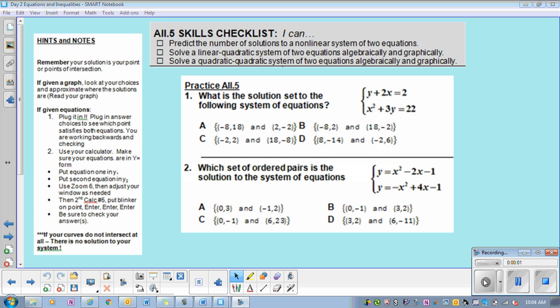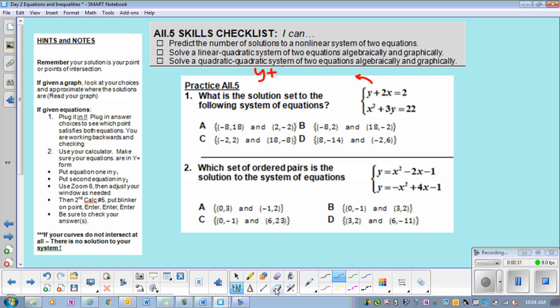We're looking at the systems problems on the back of the equations and inequalities packet from last time, packet number 2. Anytime you have a system of equations, the easiest thing to do is solve it for y and graph it, okay? So if I look at this first one, y plus 2x equals 2, well, if I solve that for y,